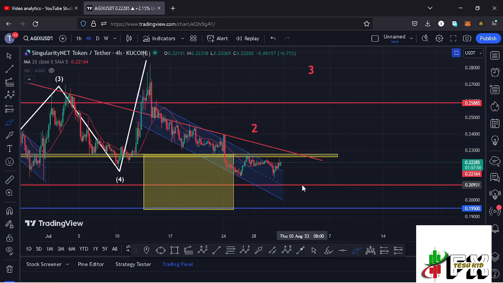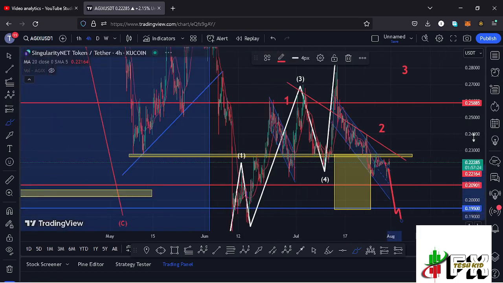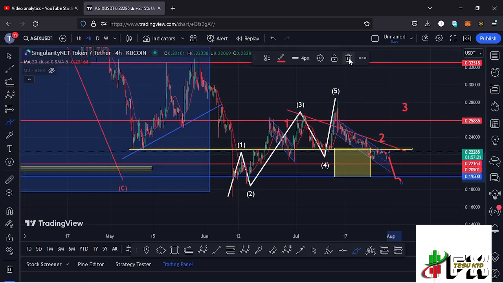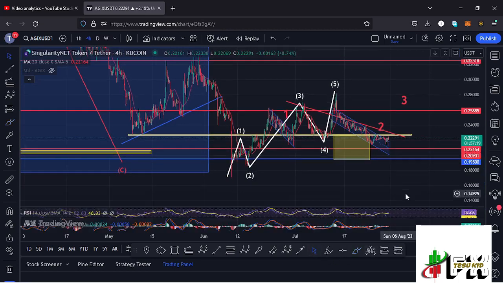Alternatively, in case we see further breakdown, because that is still a possibility, then the next key area of support that we need to continue keeping our eyes on is at around the $0.195 mark, where we have a very significant area of support. In case further breakdown continues, we can expect a bounce back from that key area of support and continue gearing up. And on a break below that significant key area of support, we can expect one more new low below the low that we made on the 10th of June here on the charts. So that is what I'm keeping my eyes on the Agix chart on the short term